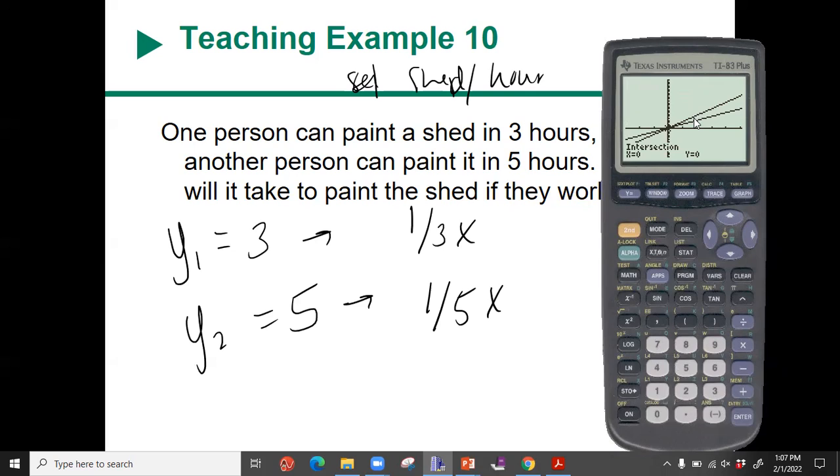At the origin, right? They're going to intersect at the origin because this isn't a problem where you can just say, okay, I'm going to put it together. You're now trying to figure out what is their average speed, right? Their average time. What is the time that these two people together are going to take to do one shed? So